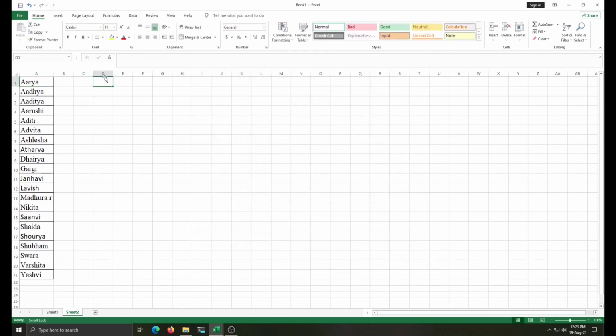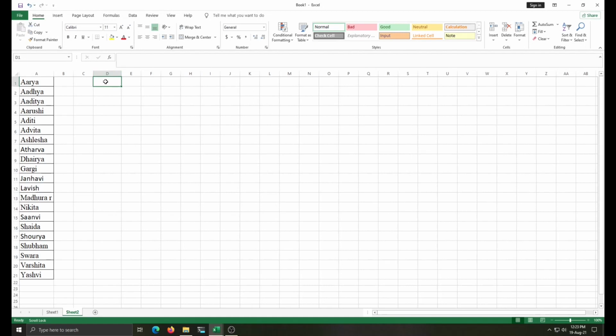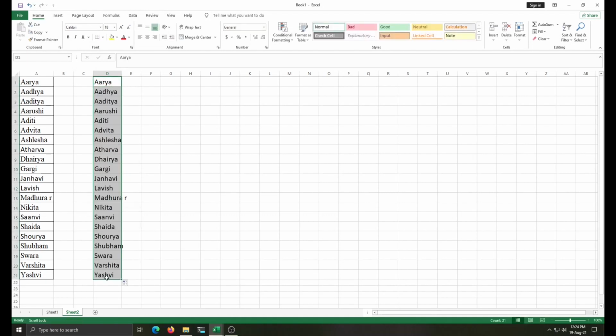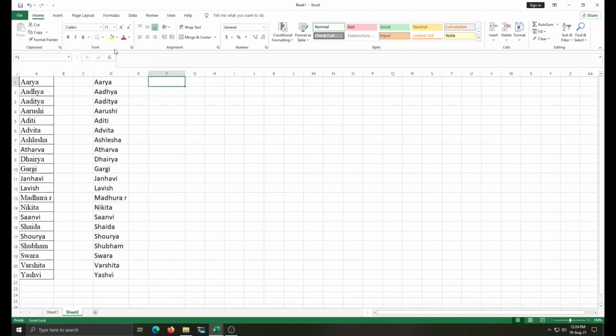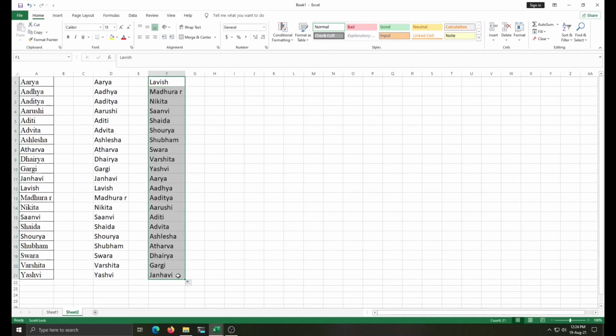Now see the result here. First I am going to increase size of this cell. Now if I write here first student name, that is Arya, and drag down, then all the names are displayed there. So like this we can define our data in Microsoft Excel. Suppose I write here 12th name here. So 12th onward name will display, and again it will follow from first roll number.